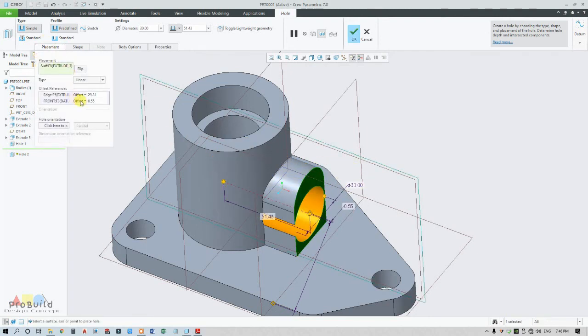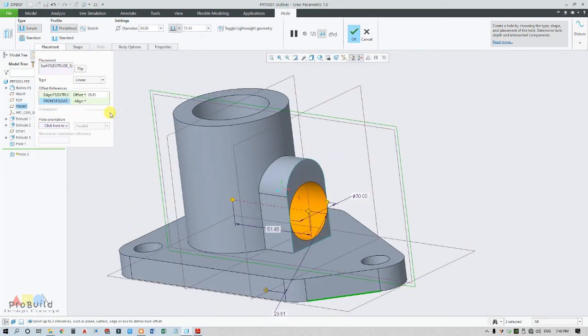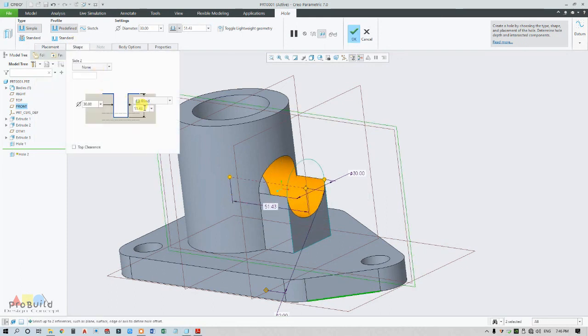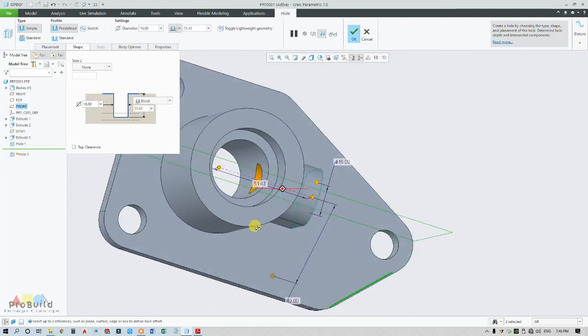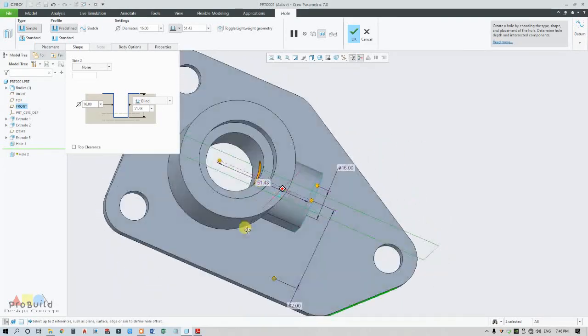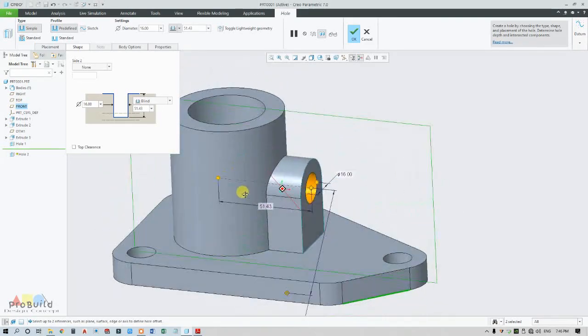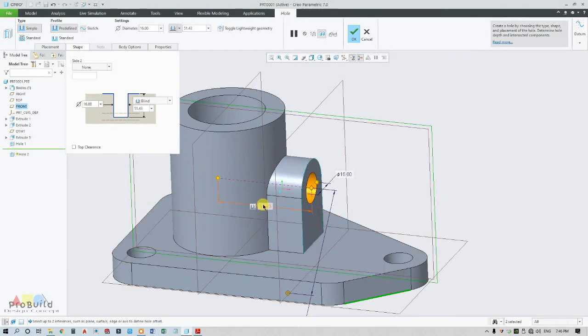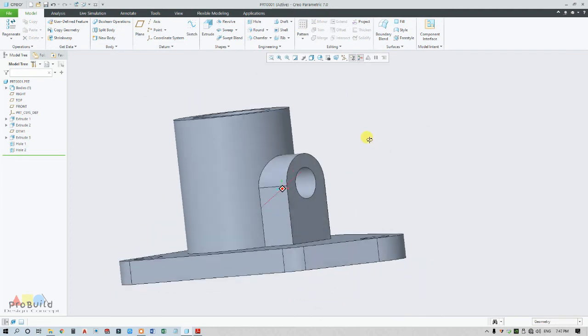Go for placement, and this can be changed to align so that it becomes concentric. Now this offset is going to be 42. Okay, now go to shape, change to 16, and it can come up to this because it's going to take a hole here. It's going to remove the material of the cylinder so that the hole's depth can be anything, and click OK.